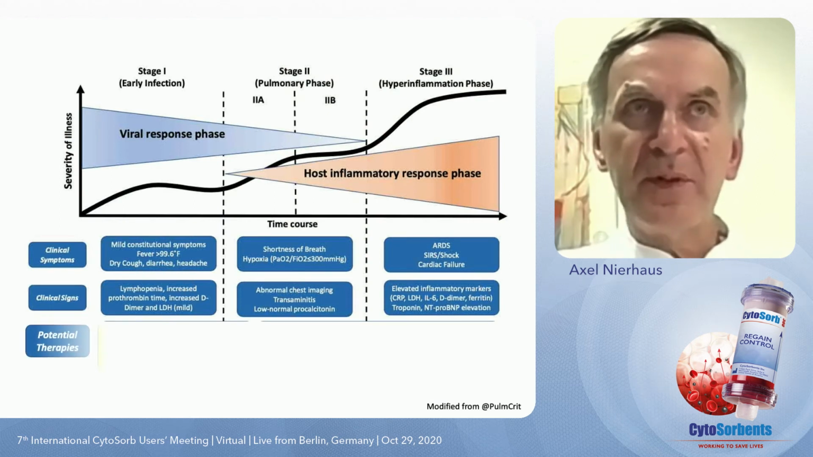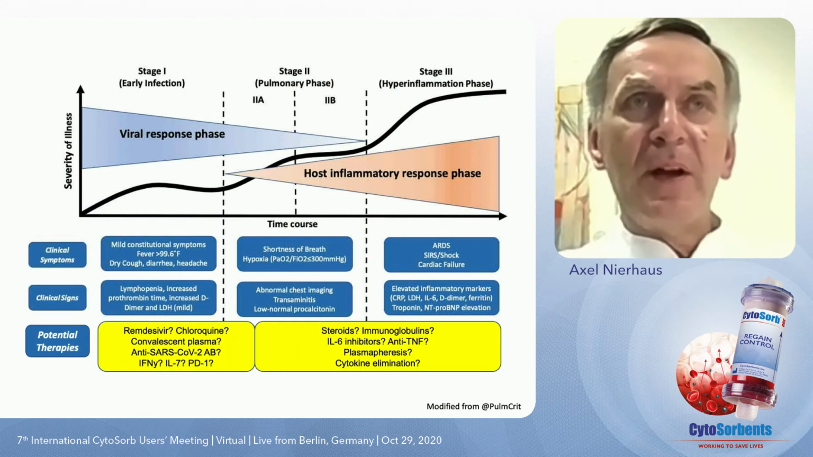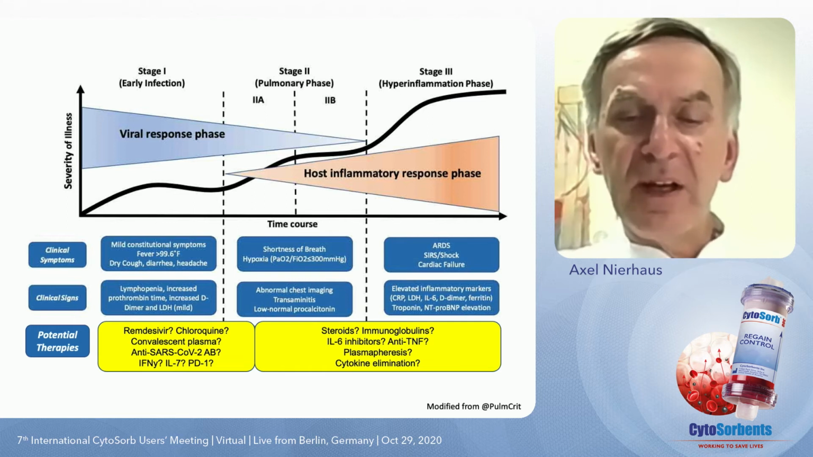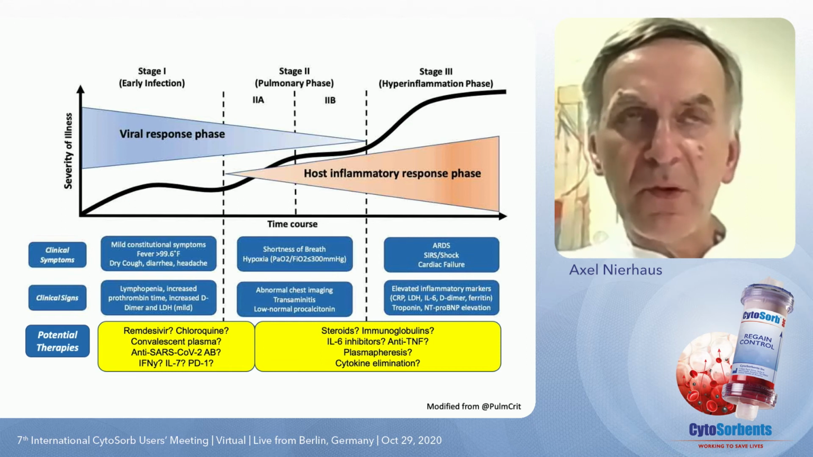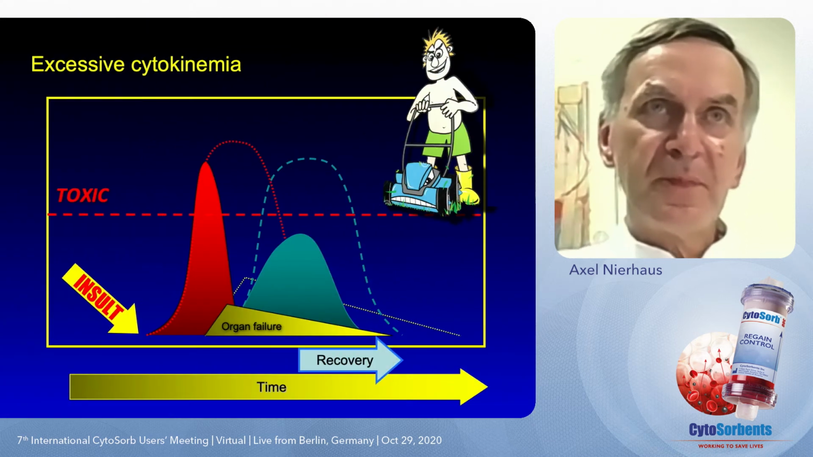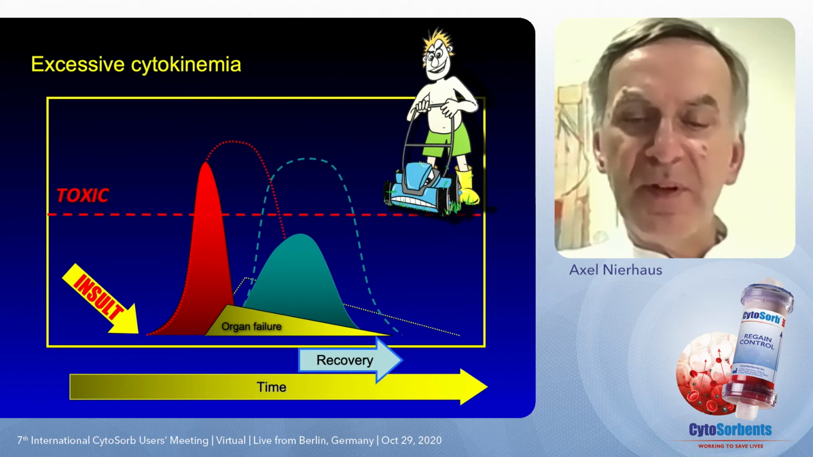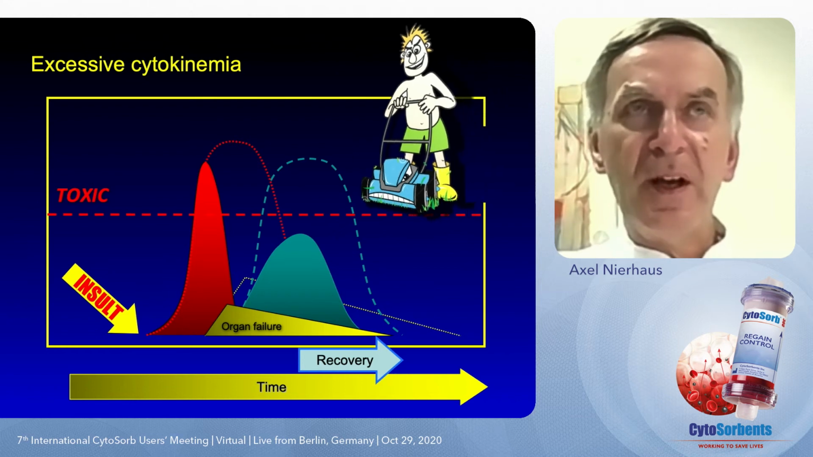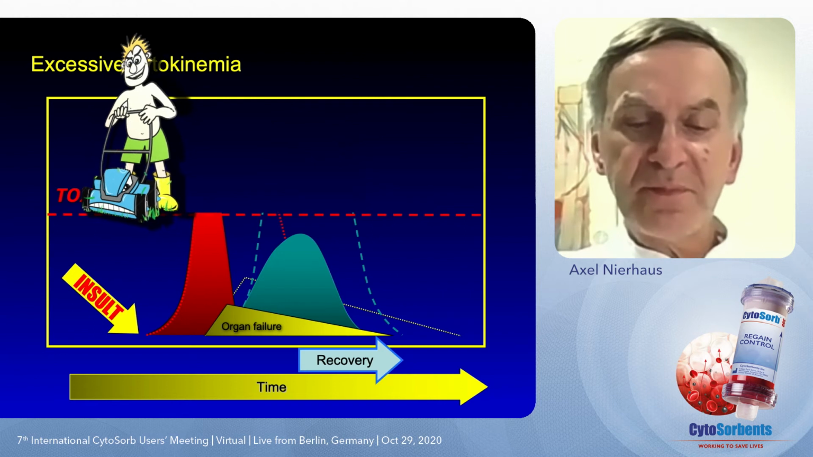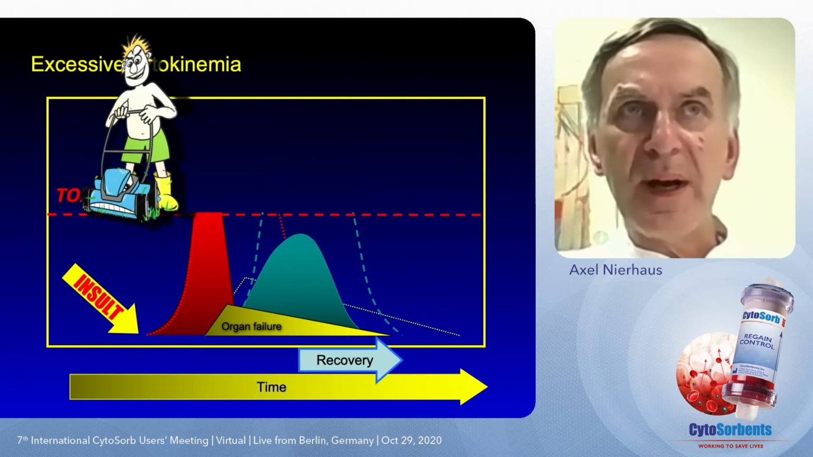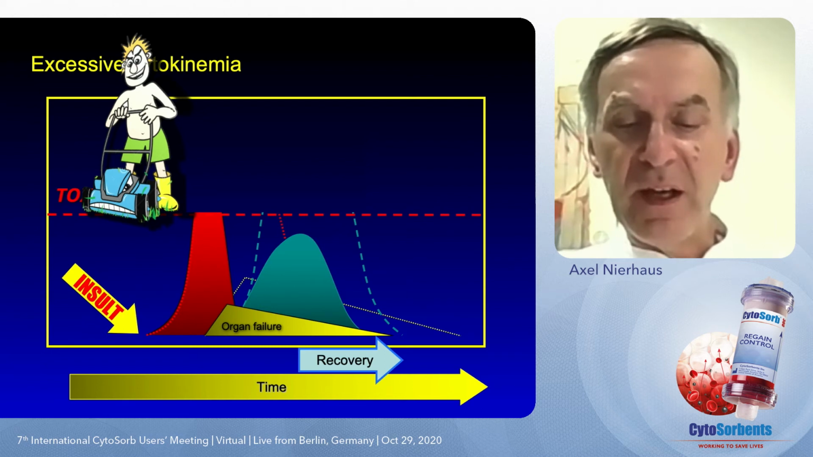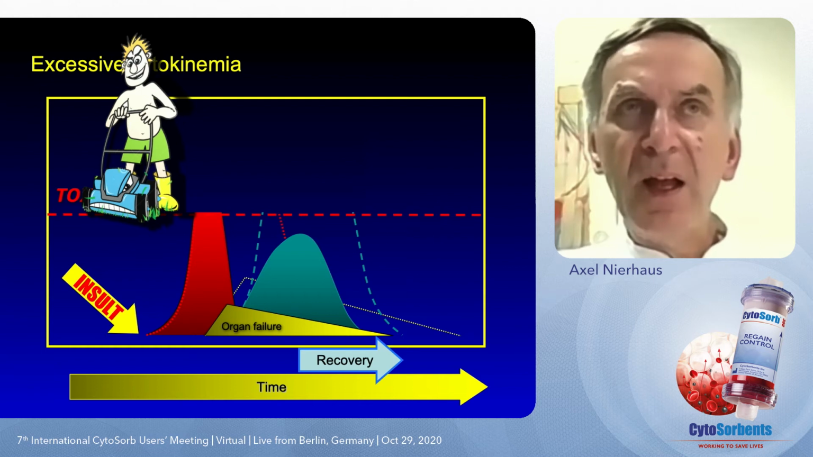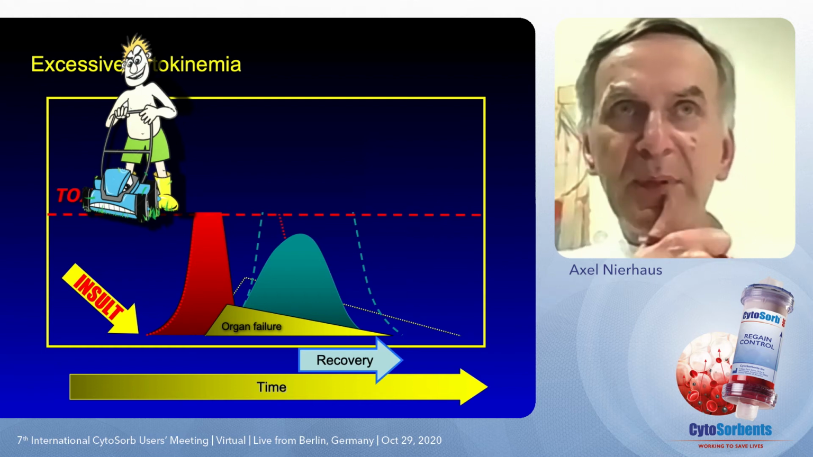Next. So I think to make things very clear, the target of our approach is to cut off the peaks, the toxic edges of the cytokine response, to avoid or to minimize distal organ damage. Earlier today, next please,